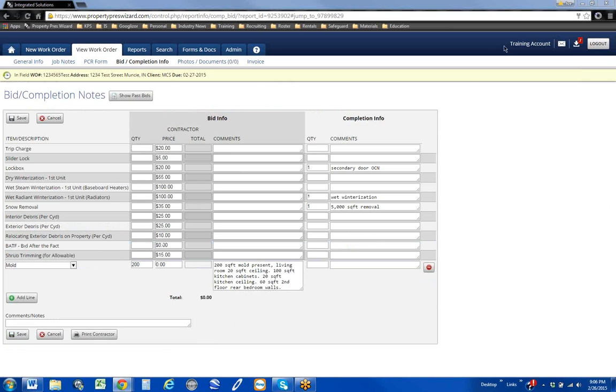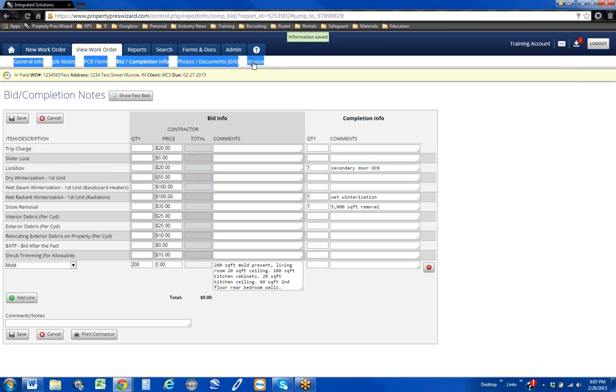One of the other functions that we added to the bid completion page, for contractors to utilize moving forward, is that anything that you put into the completion side of the bid completion page is going to populate your invoice. So after you hit save and it says information saved, we can now go to the invoice portion of PPW,